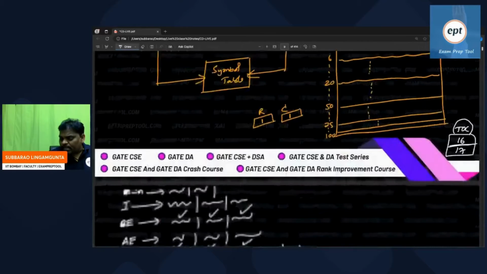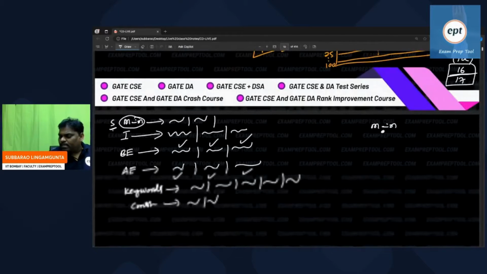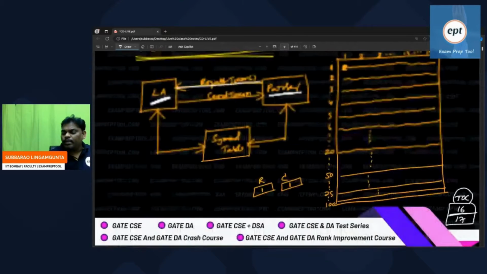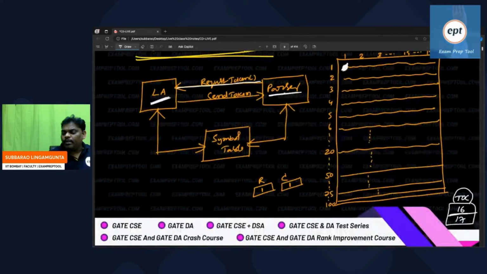Now the parser is there in the parse tree at the start symbol. The start symbol is main; if you want, you can write S also. Call it main or S, no problem. Now see what happened. The parser says, I want to create the tree. Hello, lexical analyzer, please give token. Now observe everyone.